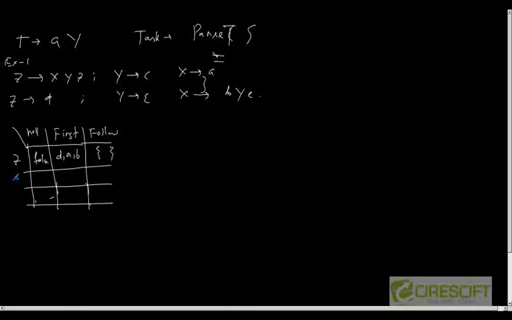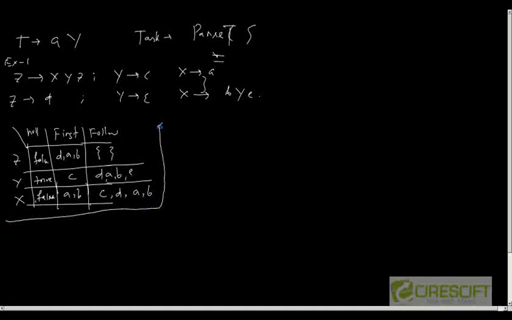Okay, for Y nullable is true. The first will be C, and what will be my follow of Y? Follow of Y we have calculated as D, A, B, E. And for X the nullable is false, and the first of X was A, B, and the follow of X contains C, D, A, B. Okay, now with this much information the aim is to create